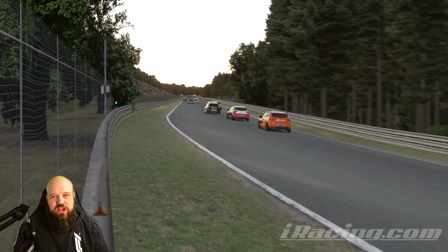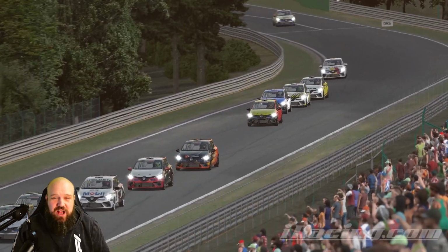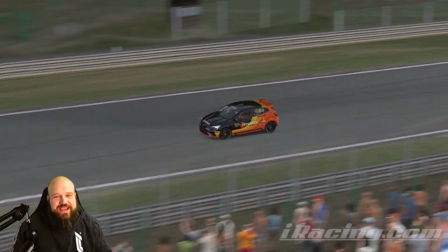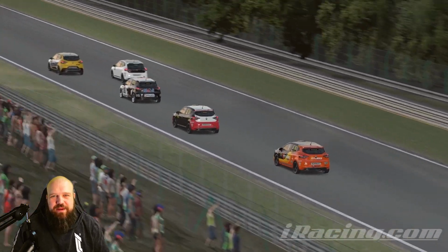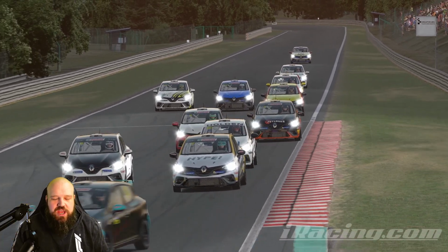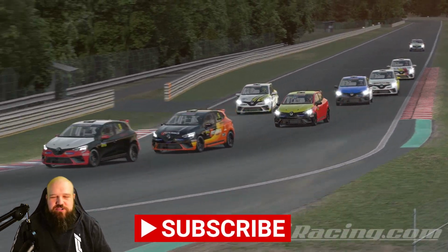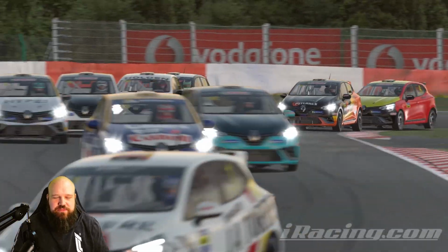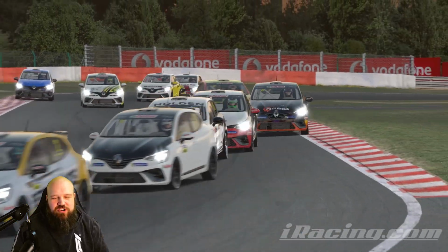traction control. So recently I've been driving a lot of GT cars with some ABS and traction control, and it's taken me a little while to get my head around the braking. I just kept locking up, the fronts especially, on this Clio around Spa currently on iRacing. And I have to say, once I got used to the braking, I really got a grip for the car